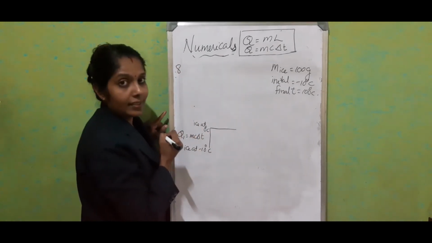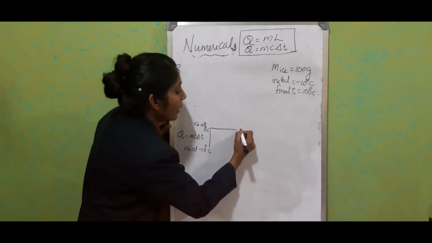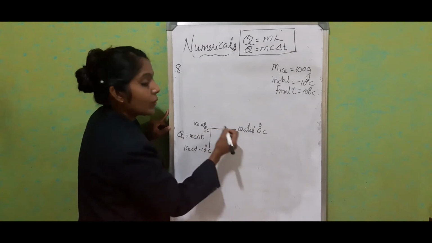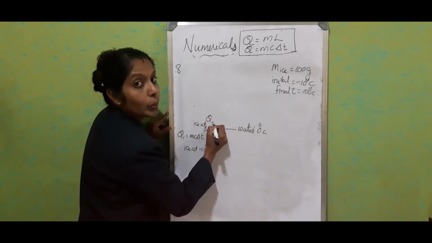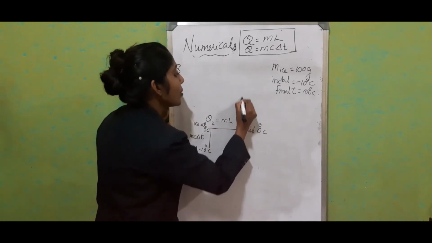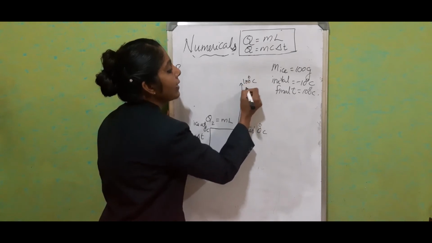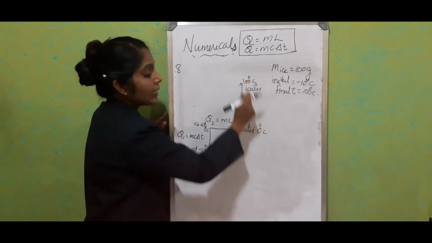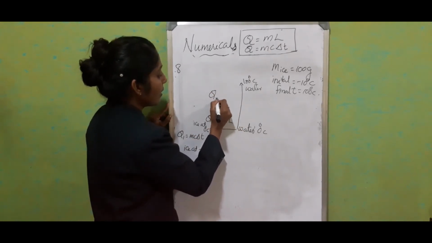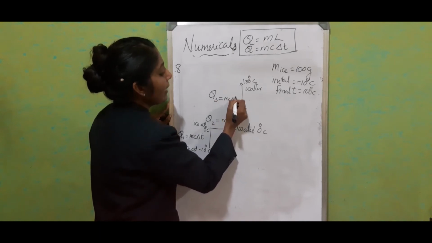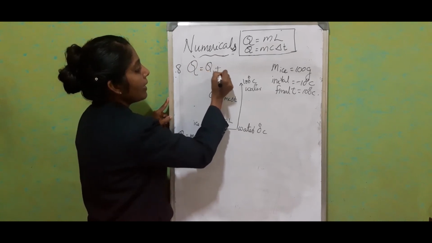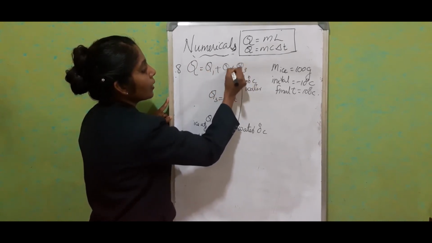It changes the phase or state. Now it comes to water at 0 degrees Celsius. So this phase change, I am marking it as Q2. It's equal to M into L. Then it has to reach 100 degrees Celsius water. Here also it is the same material, only the temperature got changed. So we have to use the equation Q3 is equal to MC delta T. So here we have to find Q is equal to Q1 plus Q2 plus Q3.